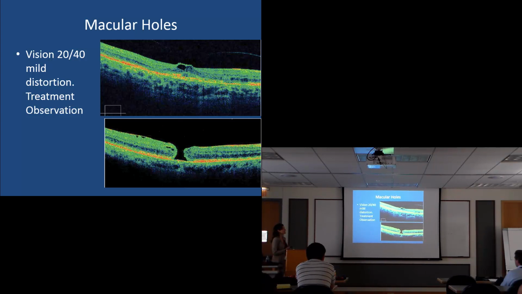The trouble of someone's vision at this level is very mild. This patient only has 20/40 vision, so this is still drivable, usable vision. With mild distortion, we wouldn't recommend any treatment at this time because they're too good for surgery. The surgery still has those complications. There's a new medicine called Jetrea, ocriplasmin, which can dissolve the traction here, plasmin lysis, but that's still being studied